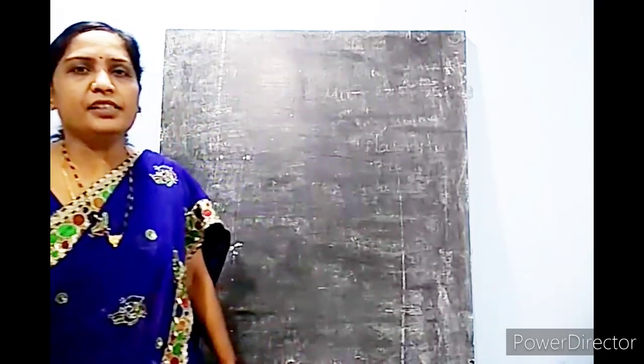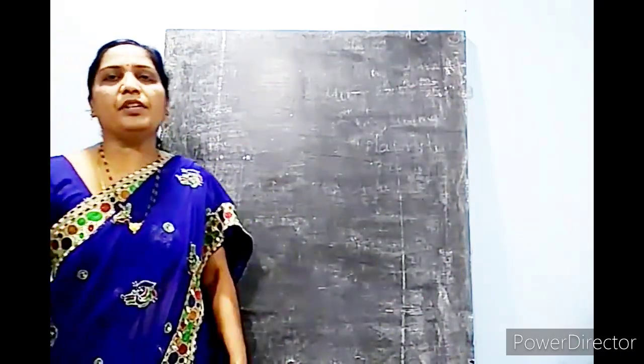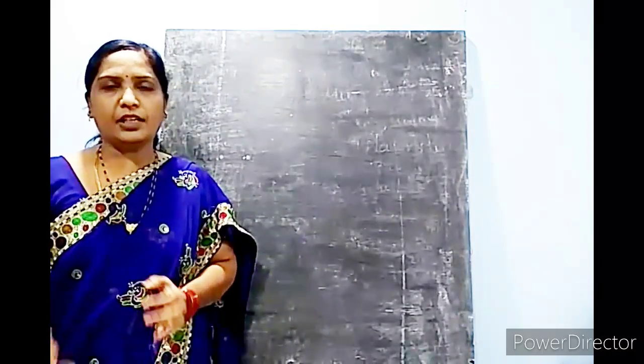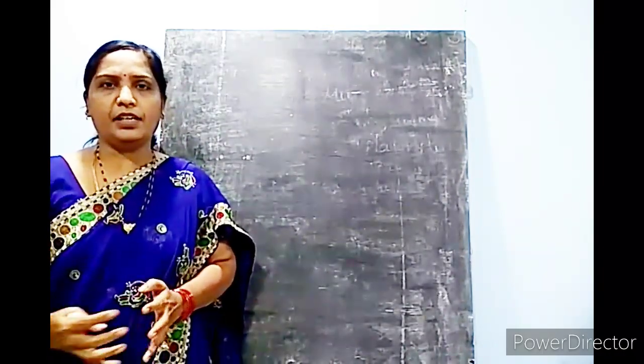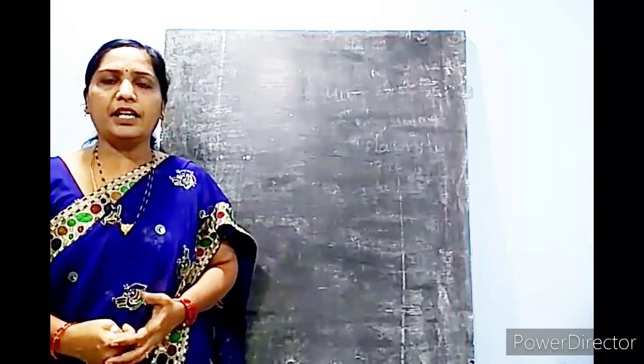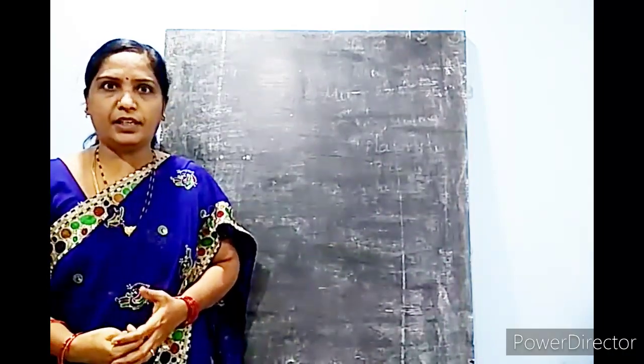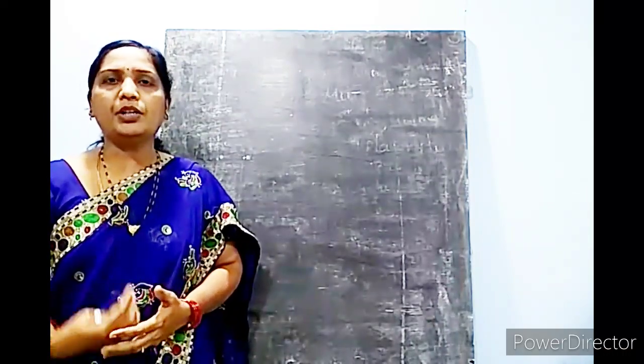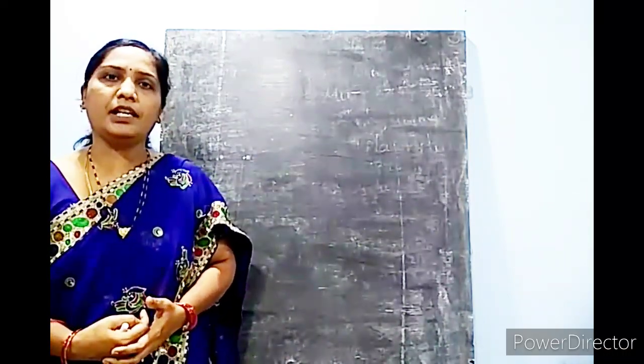Good morning, children. In yesterday's class, we learned about the discovery of the cell, and how we can classify organisms by the number of cells. You also learnt about the size and shape of cells. These are all things we discussed in the last class, and today we'll move on to the next topic of our cell lesson.